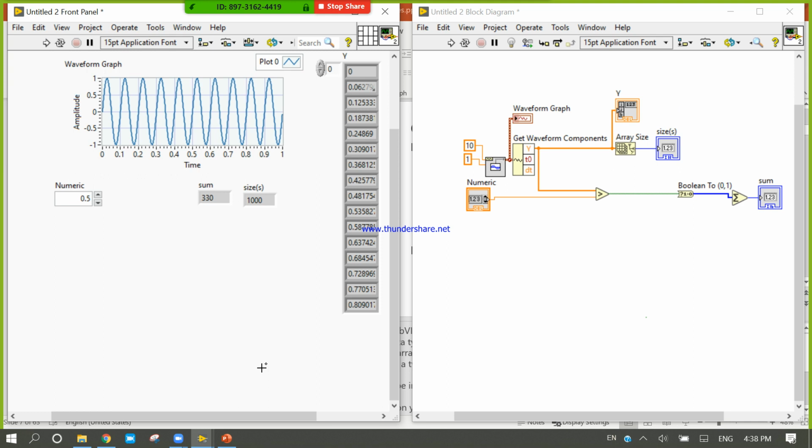From tomorrow we will work on the array, for loop. And we will see how we can plot the values greater than 0.5 and less than 0.5. If you can, then please do that program design. How can we plot an array with only the values greater than 0.5 and less than 0.5?